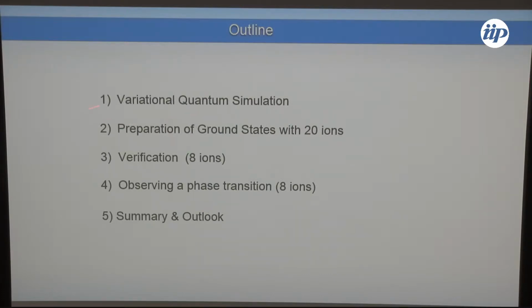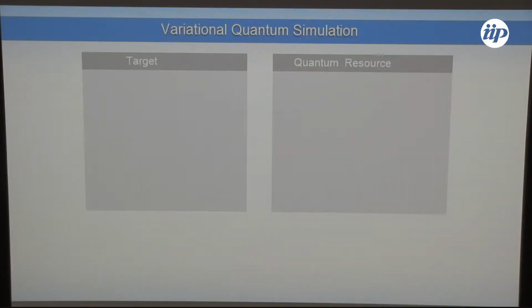So first I will give a bit of an introduction of variational quantum simulation, show how we can prepare ground states of interesting models, how we can verify these answers, and then some entertainment and interesting things you could look at. So first, the introduction. Before I say anything, I want to make very clear, in variational quantum simulation there's